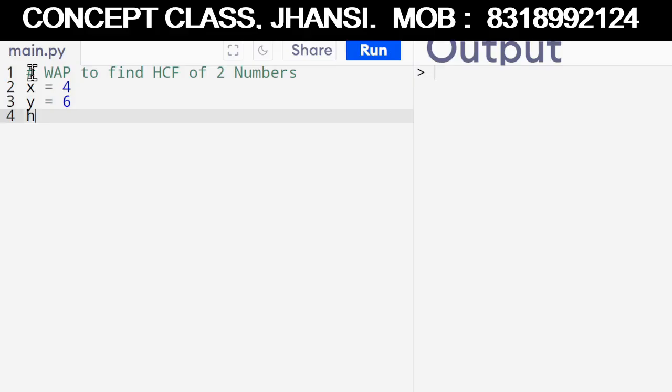So HCF, let us assume that HCF is equal to 1, because HCF of any two numbers, at least it will be 1. Now we'll have to find the smallest of the two. So if